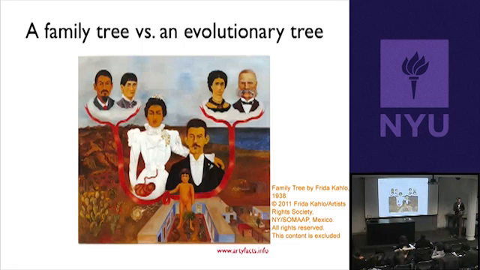It's obviously related to a family tree because the way we get evolutionary trees is parents have offspring, and offspring have offspring, and offspring have offspring, and so on and so on. But an evolutionary tree has a different character than a family tree, so I want to clear up what the differences are. Does anyone recognize this picture? Who's the artist? Frida Kahlo, okay? And so what she was depicting here was her family tree, right? So her parents and her grandparents, right? And I think everyone in the room is familiar with a family tree, okay?